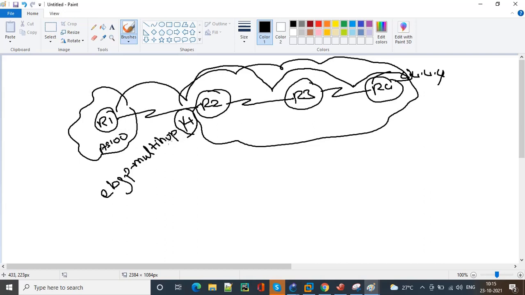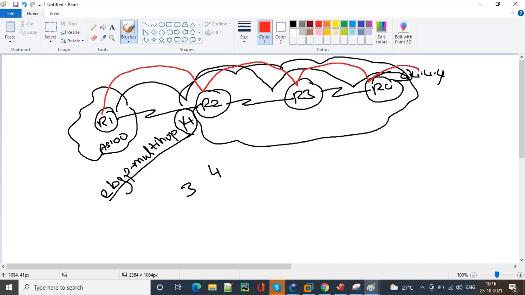Now I think you have understood how to define the eBGP multi-hop value, but it should be the minimum. Instead of 4, if you give 3, it will not work. From R1, it will take one hop to reach R2, two hops to reach R3, and three hops to reach R4. But as I told you, the loopback IP address of R4 is considered one more hop away from R4.